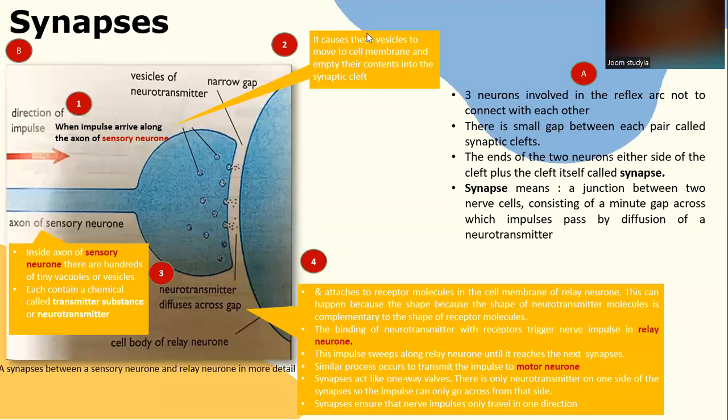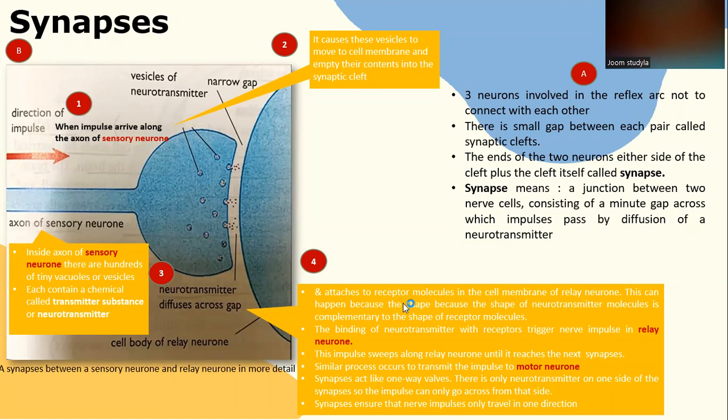Let's look at this diagram. First, when the impulse arrives along the axon of the sensory neuron, it causes the vesicles to move to the cell membrane and empty their contents into the synaptic cleft. Inside the axon of the sensory neuron, there are hundreds of tiny vacuoles or vesicles, which each contain a chemical called a transmitter substance, or neurotransmitter,